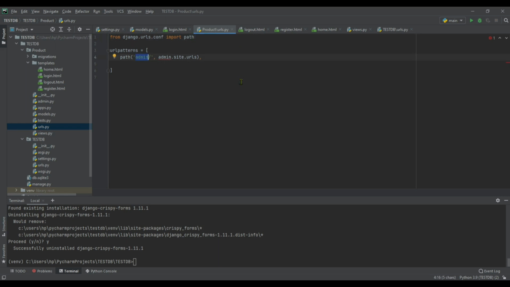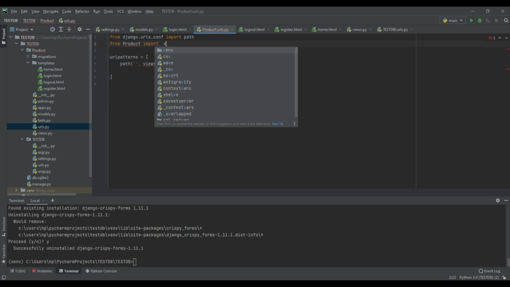Here it is my home page, so we don't need any URL name, we will be using the default URL. So here mention views.home, views.home. So from product import